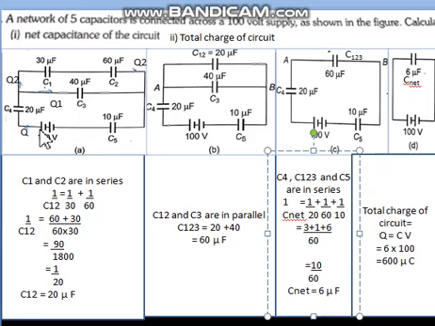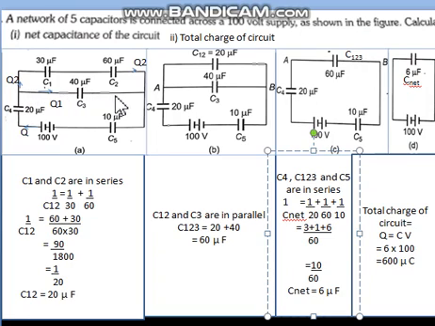What we do always, from the positive side of the battery we start taking the charge. Till the time the charge flows same, that part of the circuit is in series, and if the charge gets divided and added again, then that part of the circuit is in parallel. So let us start. Suppose we take Q charge from here, it will flow through C4, then it will get two paths. So the charge has to divide here.